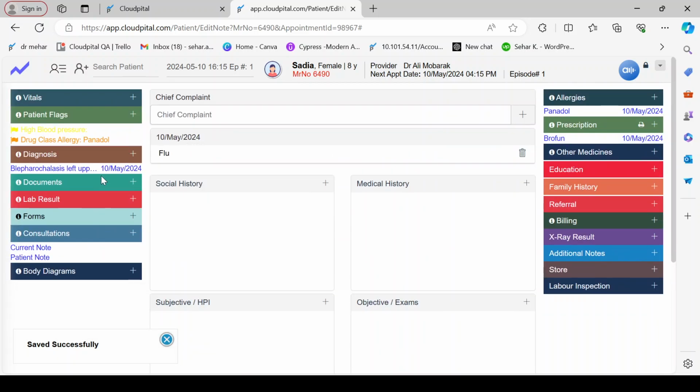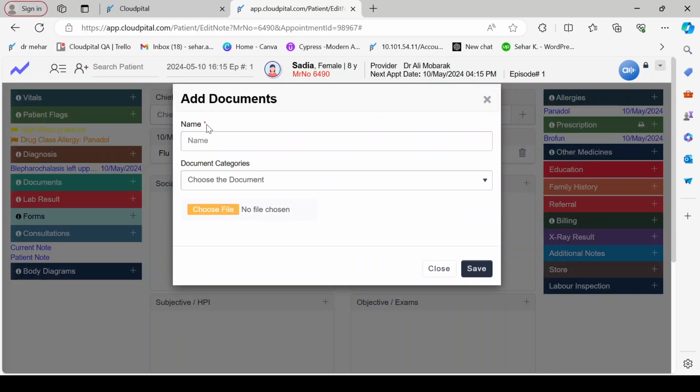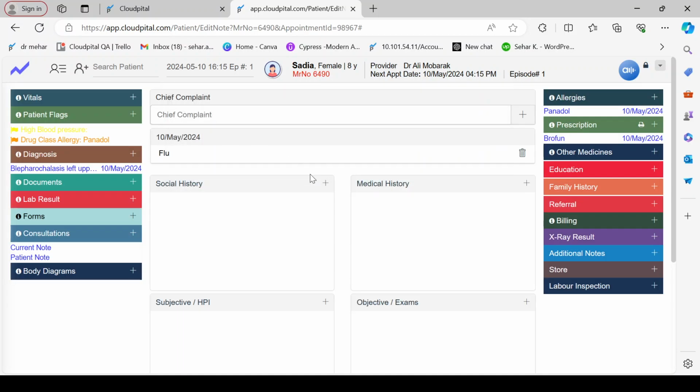Okay, so after that we have our documents module. We can upload multiple types of patient documents, like laboratory documents, radiology documents, consent form documents, and any other documents the patient has. Then we have a complete list of document types: admin, consent form, external, medicine, in-house. All of the documents we can upload in these screens as well.